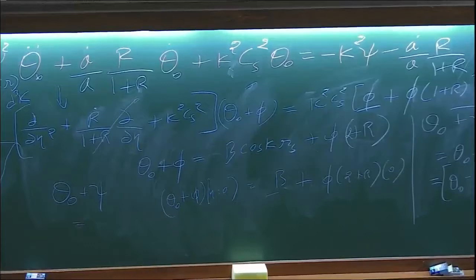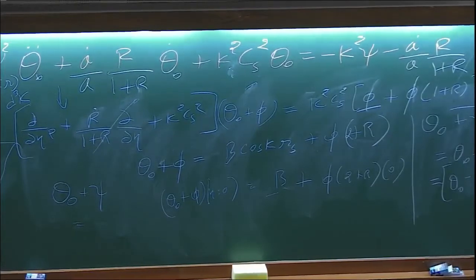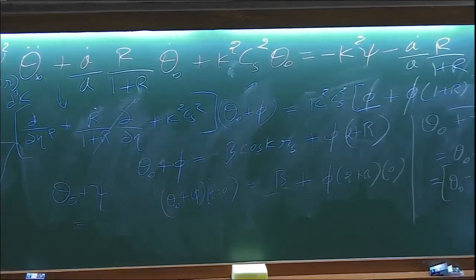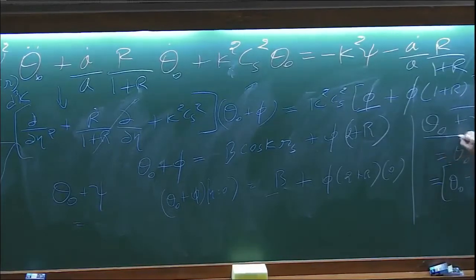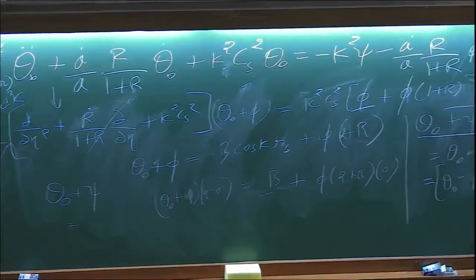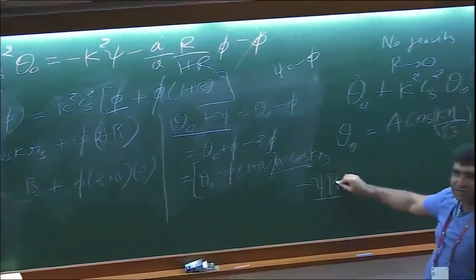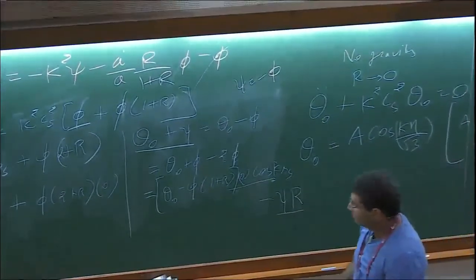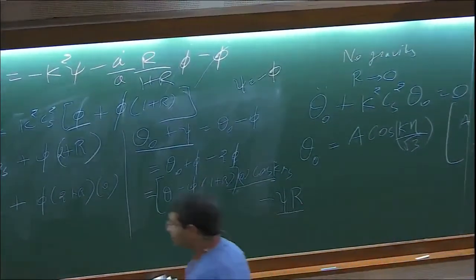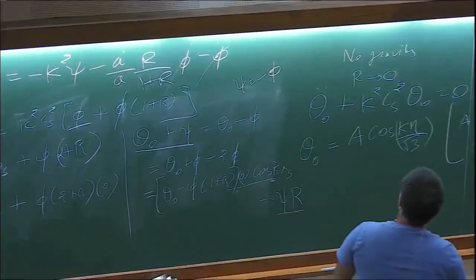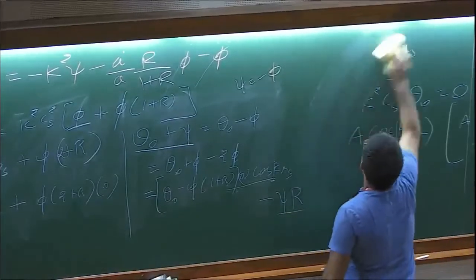Earlier, when we calculated theta 0 plus psi, the driving force vanished. The addition of psi exactly cancelled the offset due to the driving force. But now the cancellation is not exact. We have a small driving force left, a small offset left. So our observable theta 0 plus psi is the oscillations, but with a small offset, which depends on the amount of baryons that are present. So the solution now will be,